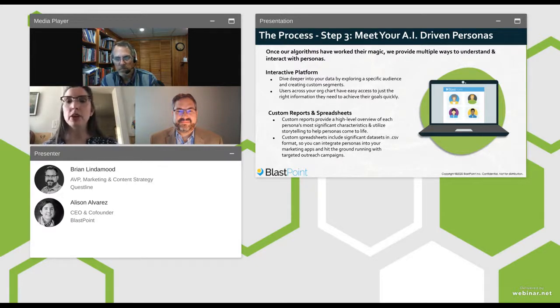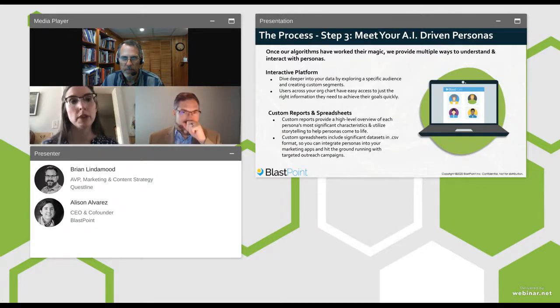So these personas are there to help support the human part of interacting with end users and customers. So not only creating a platform where you can dive in and look at this data, but building these customer reports, so not only does your team understand who they're working with, it's stuff that can be socialized to the organization because you have stakeholders for every single thing you do. And making that stakeholder information digestible, easy to distribute is going to help you achieve your goals.